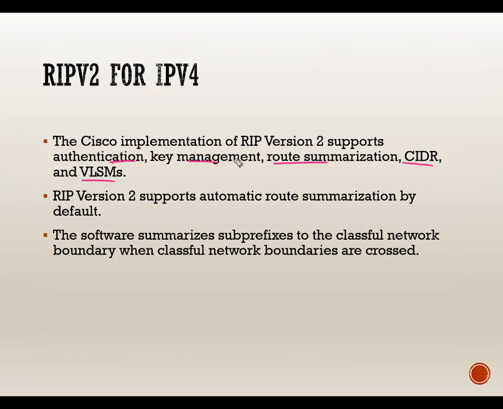CIDR and VLSMs we've talked about. Route summarization is what we would call supernetting. An example of that would be if we had, let's say, 172.16.1.0 and then 172.16.2.0. We could change the subnet mask so that it would incorporate all these. I guess an easier one is if we had a